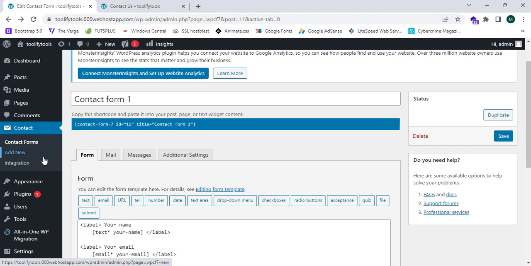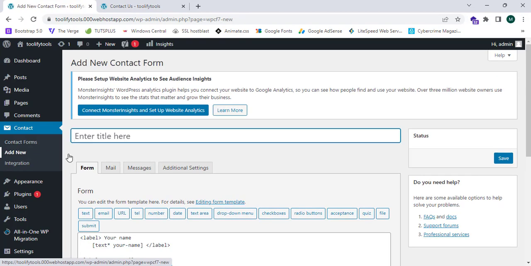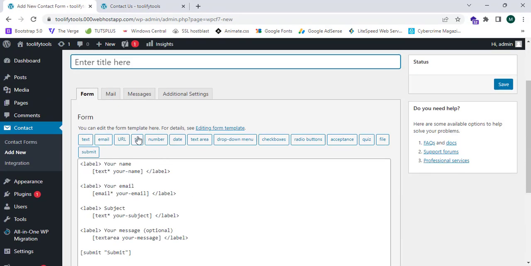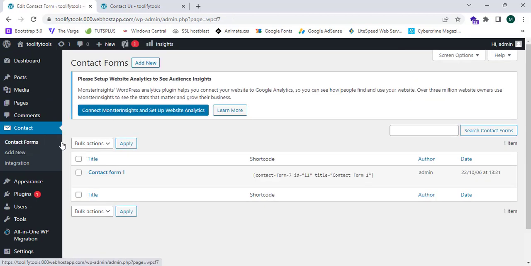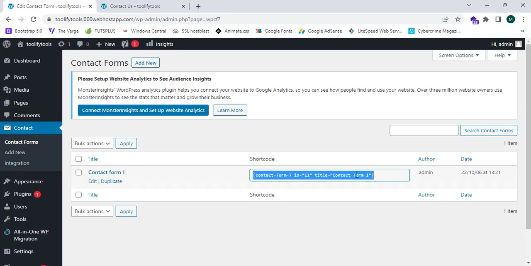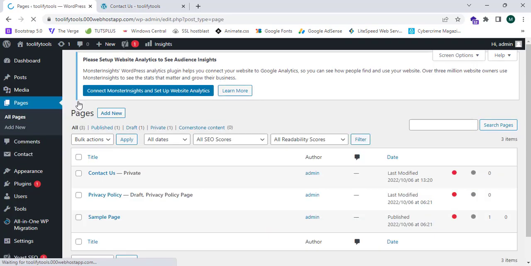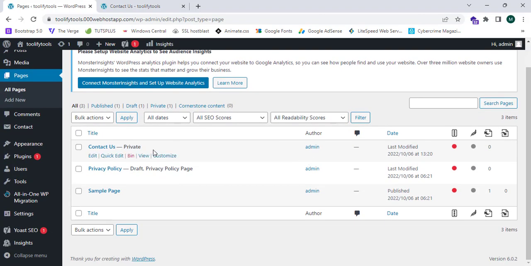And how to add new forms, by simply going to add new, and you can add a new section of form and you can create forms. So now I'm going to proceed with the existing form, which is a better one. So now I'm going to copy this short code. I'm going to right click and copy, and I'm going to proceed to my pages section and all pages, and here I have my contact us page, which is private. So now I'm going to go to it,